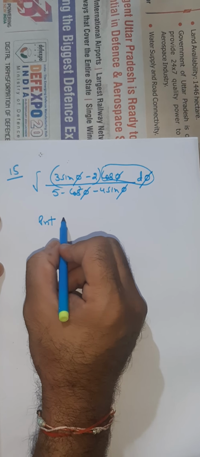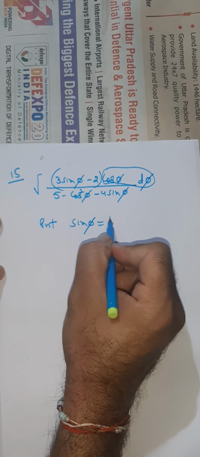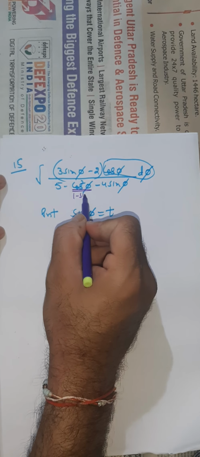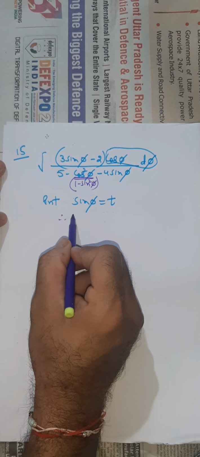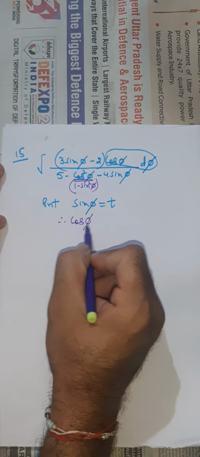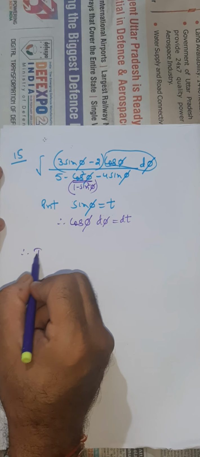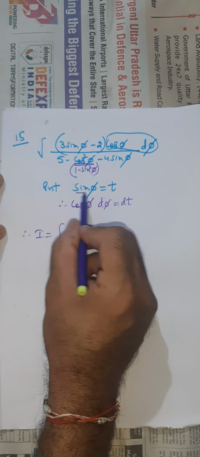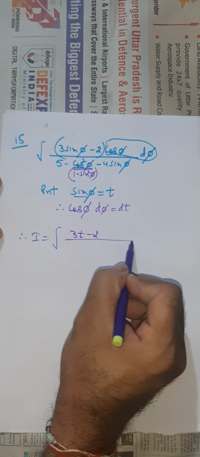What's the substitution here? Put sine phi equals t. That's your substitution. And the cos square, in its place you can write 1 minus sine square phi. Right? If I take this as a substitution, what's the derivative? sine phi cos phi d phi equals dt. So the above integral would be,